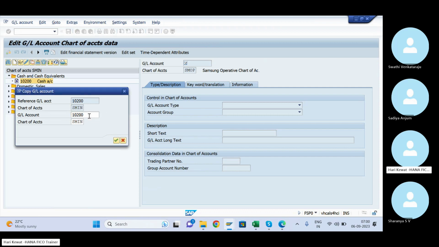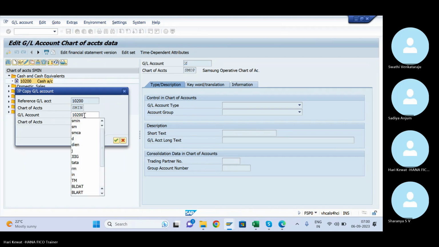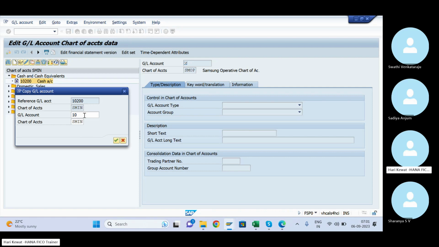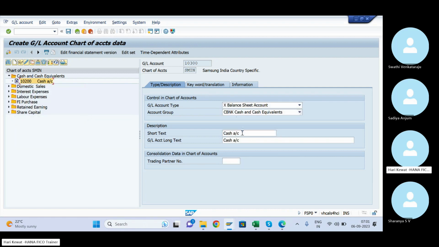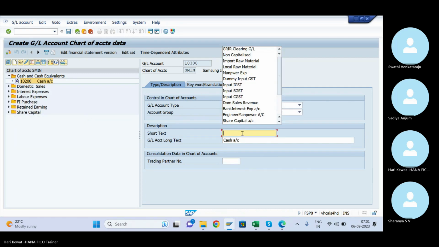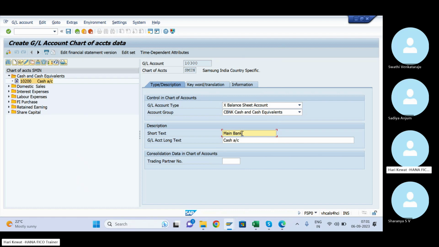So 200, 300. Okay, this is my main bank, plus ICICI.